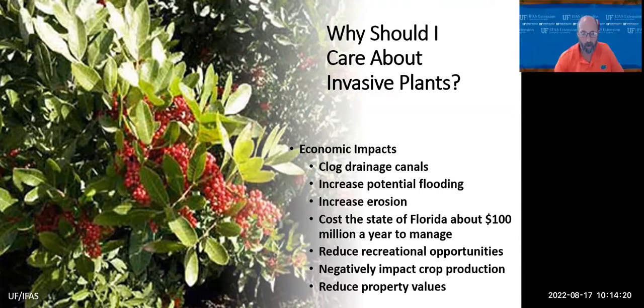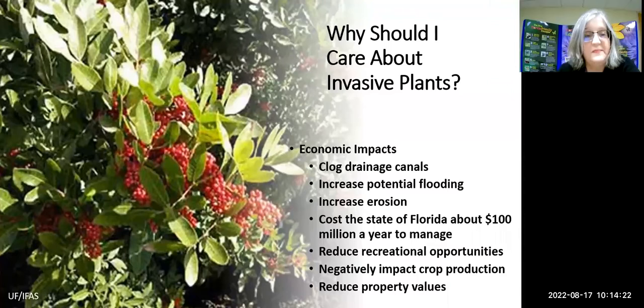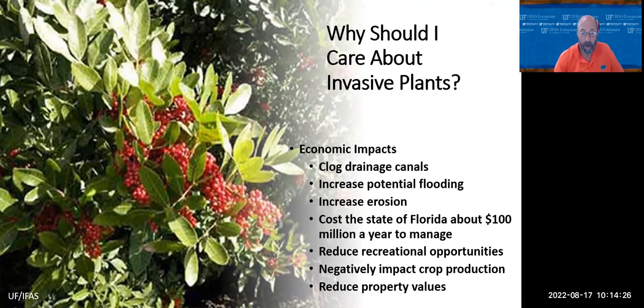That looks like a Brazilian pepper. Yes, it is. And we do have them in Hernando County. They grow mostly over on the coast, and they cause a lot of problems with coastal ecosystems. They push out the native mangroves, which are very important for fisheries, you know, the little baby immature fish and crabs and scallops and everything else. I'm not the marine biologist at the office, but I know that it causes potentially a lot of problems